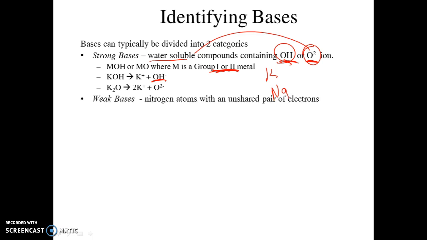Now the weak bases are typically going to be structures where we have a nitrogen on it and where that nitrogen is making 3 bonds and the nitrogen has an unshared pair of electrons on it, like we saw in that earlier picture. So that is going to be a docking station